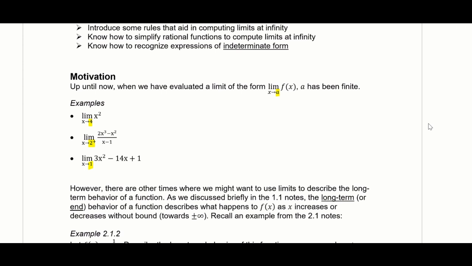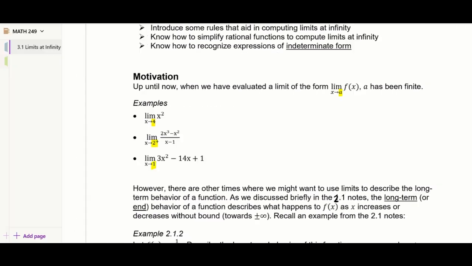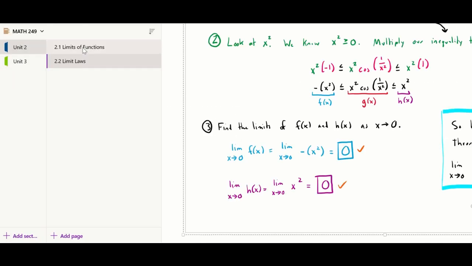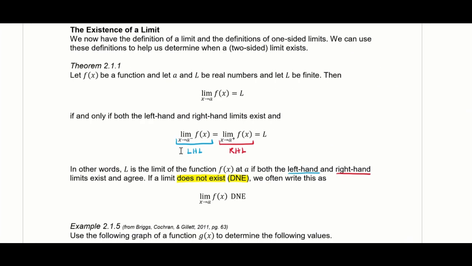There are times, though, where we might want to use limits to describe the long-term behavior of a function. And if that sounds somewhat familiar, if you go back to the 2.1 notes, we talked very briefly about the long-term or end behavior of a function. And let me actually just bring that up here. Go all the way back